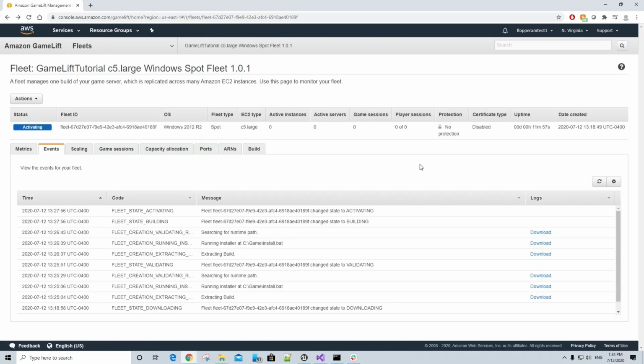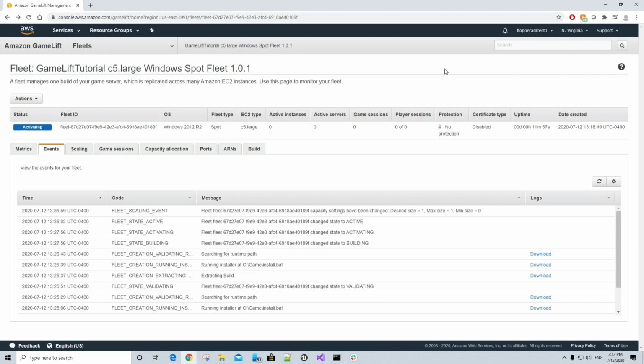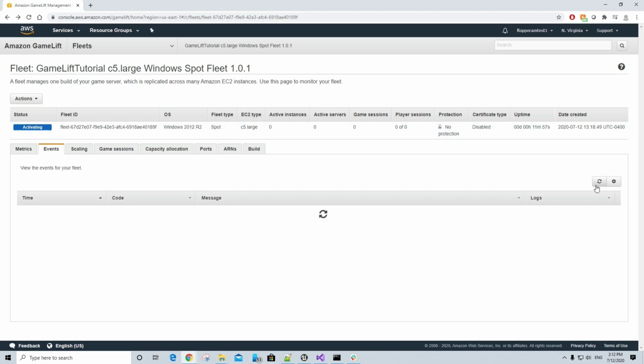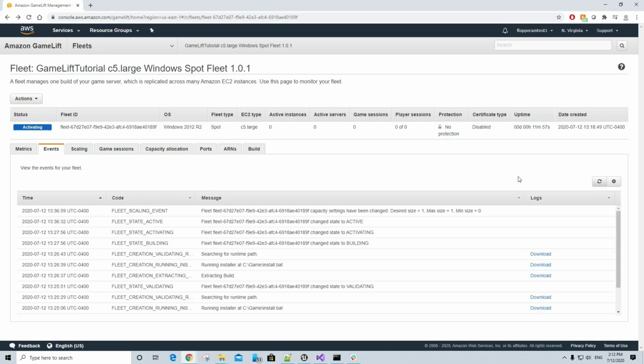In the meantime, feel free to pause the video and come back in around 20 minutes, because that's usually how long it takes for the fleet to fully activate. Once you see this fleet scaling event after refreshing the events, let's refresh the page to see the other parts of the UI be up to date, like the status, number